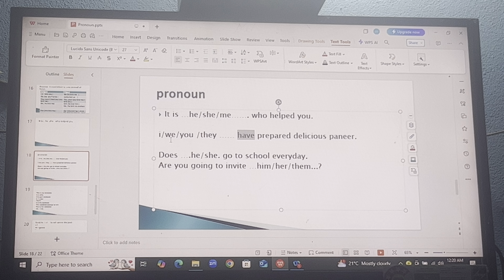Okay, in the same way, does he or she go to school? So whenever we use does, we have to use singular, I mean third person singular, that is he. Does he go to school or does she go? But can I say does it go to school? No, because non-living things cannot. It only happens in movies. Hope you are getting the point. Okay,